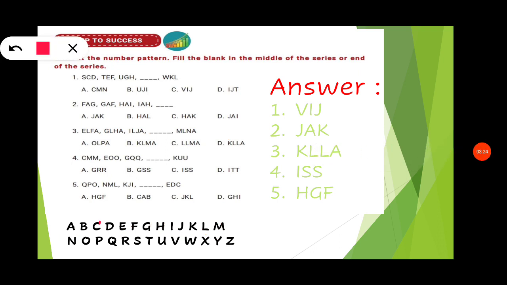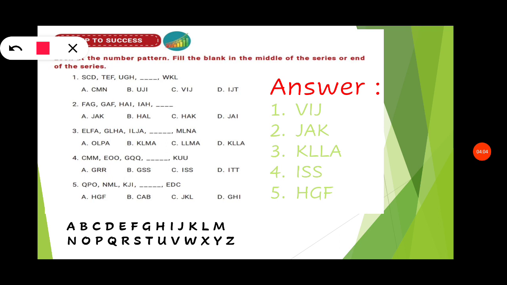Next, C, M, M. Next they have left D and gone to E, and here also they have left N and gone to O. So E, O, O. Next you have to leave out F and they have gone to G, and here also Q, Q. Next there is a dash and we can see Q, U, U. So what is remaining? They have left out H, so you have to select I, and yes, the answer is I, S, S.